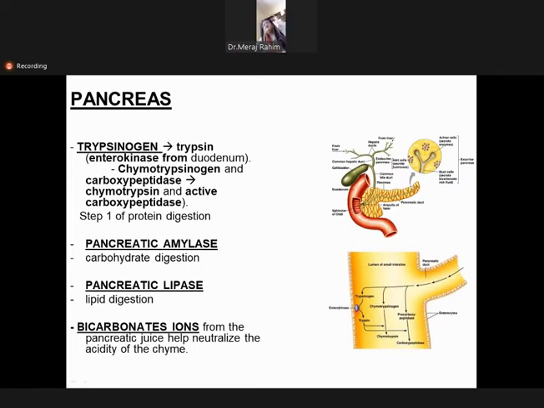Okay, so this is how the liver supports the digestion. The pancreas also supports by liberating enzymes, and those enzymes include trypsinogen, which is activated by the enzyme enterokinase from the brush border. These are brush border enzymes coming from the villi, and they cause the activation of the trypsinogen. Then there are other enzymes, carboxypeptidase and chymotrypsin, and all these enzymes help in digestion within the duodenum, because the pancreatic duct also opens into the duodenum.